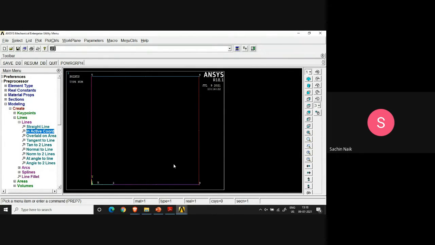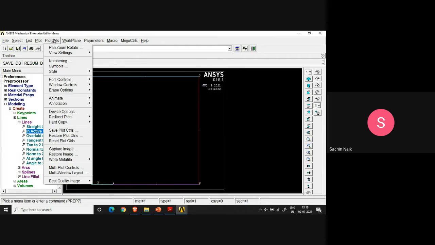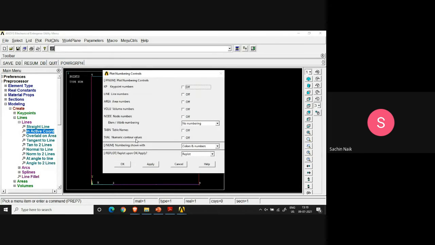Once you have entered that, you have to go to select the lines so that I can explain the things properly to you. So I take you to the utility menu, in the plot control option above. In the plot control, there is an option which, when I click, makes it possible for me to see the numberings that ANSYS has done for various entities on the screen. First of all, the key point numbering I would like to know. It is already there, so I want to keep it on. And then, this is actually the line numbering. So I have set the line numbering on. I don't have to do anything else.